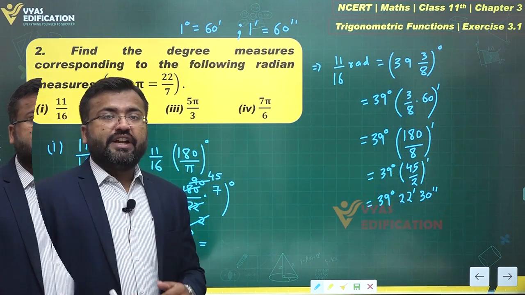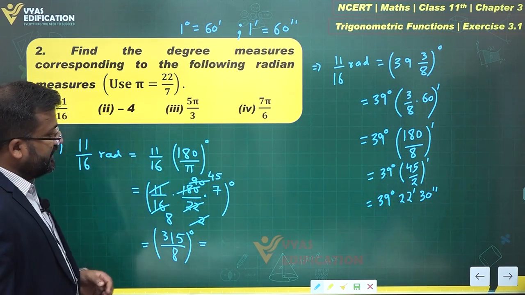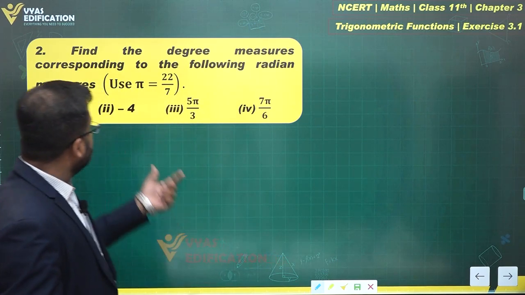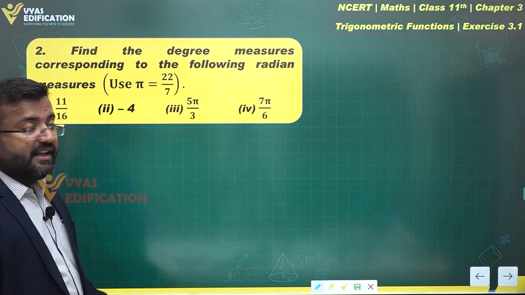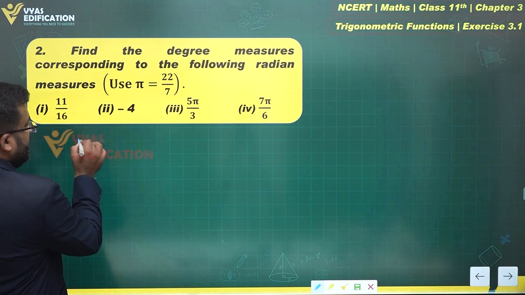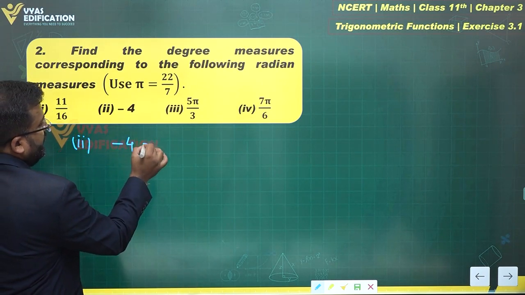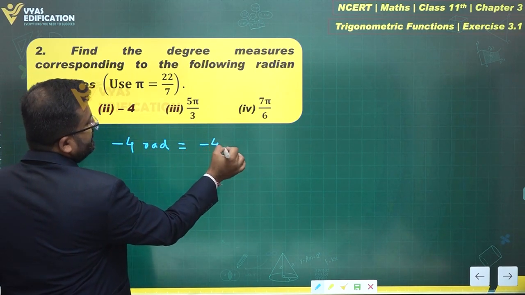That's all. Yes. What next? Next we'll solve the second part. What does the second part say? The second part says that we have to convert -4 radians in terms of degrees. Let's do that. So for the second part, we have -4 radians. What is this equal to? -4 times